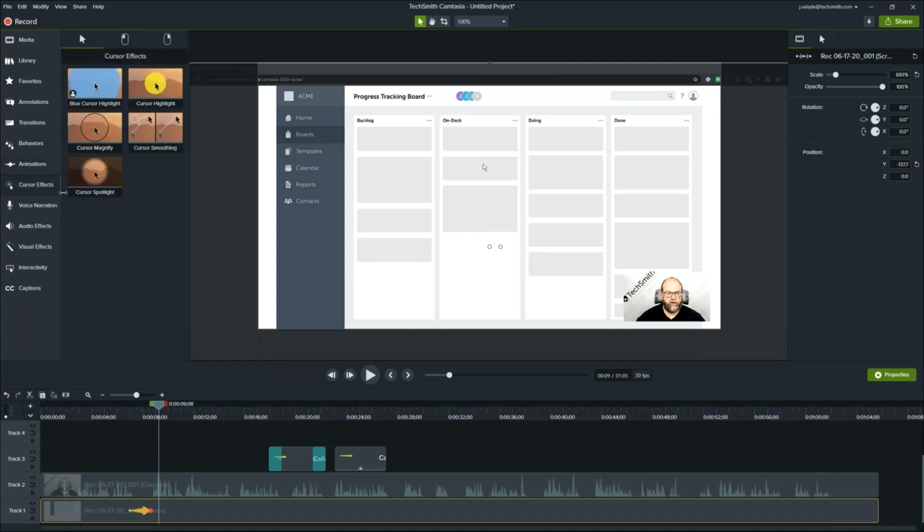And you have a couple things. You've got your standard highlighting of the cursor. I actually customized a blue cursor highlight that I added, and I can tell that I added it because the little avatar is sitting down here on the left. You have the ability to magnify your cursor, to spotlight your cursor, and actually new with Camtasia 2019, we added